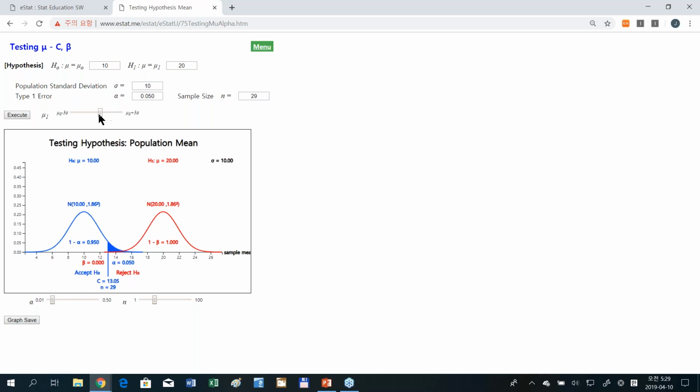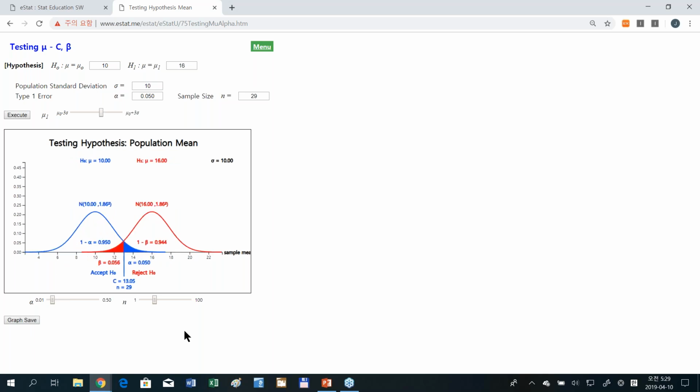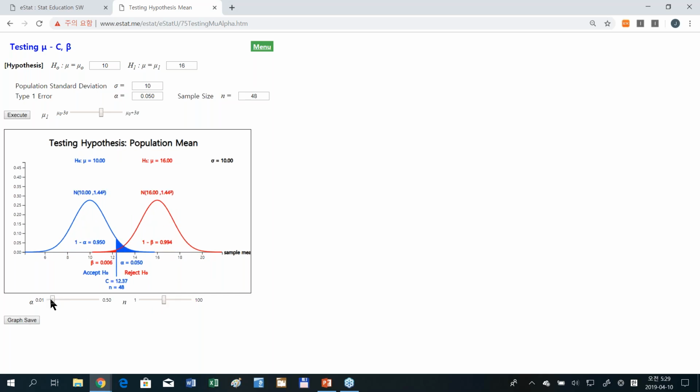Now you can experiment with what alpha looks like. If you change n, what it looks like. If you change alpha, what the decision looks like. I'd like to show this graph to children.